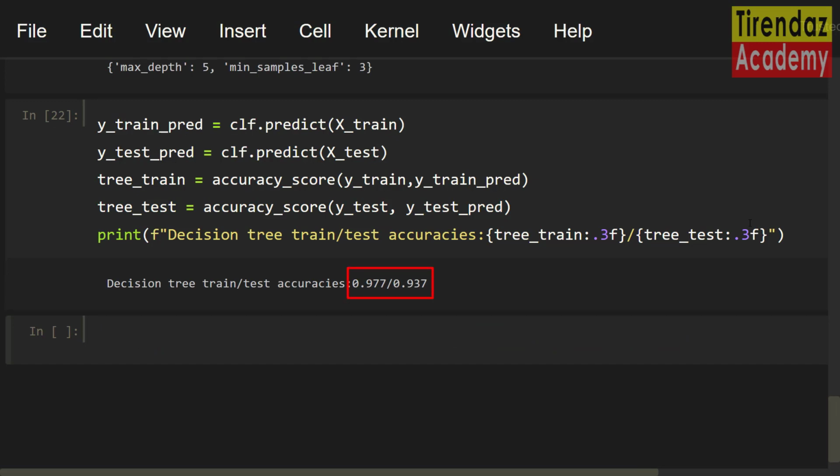Notice that the score of our model on the training set is close to the score on the test set. In addition, both accuracy scores are close to 1. Awesome. So, we have found the best parameters and predicted the values in the training and test set using these parameters. Decision trees are a non-parametric supervised learning method. You can perform both classification and regression tasks with the decision tree algorithm.